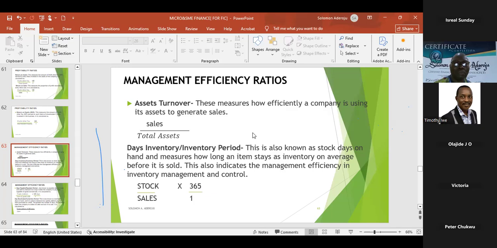Then this inventory means how many days it will take the company to convert their stock to cash, which will enhance their working capital. That's why